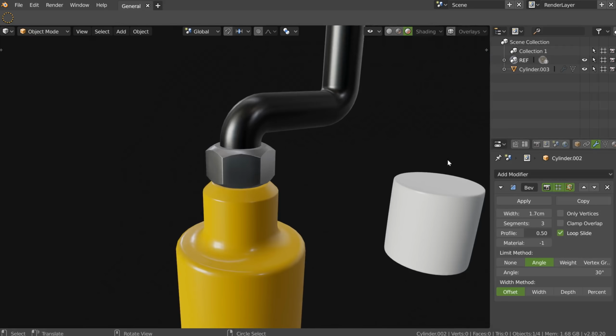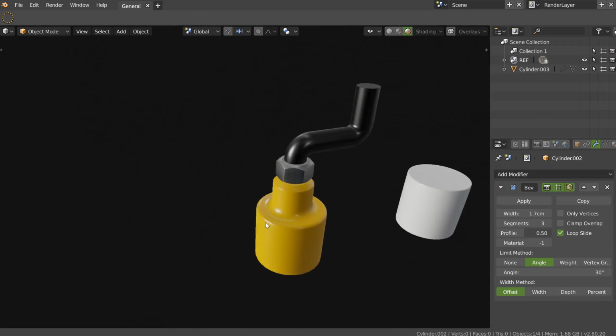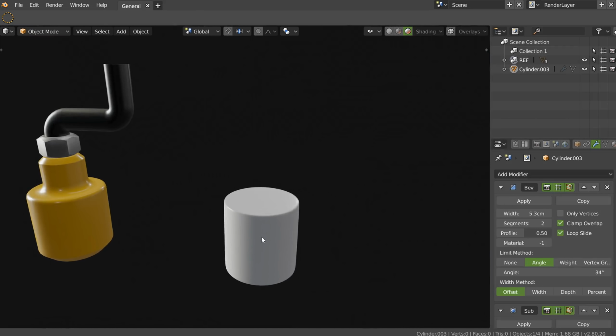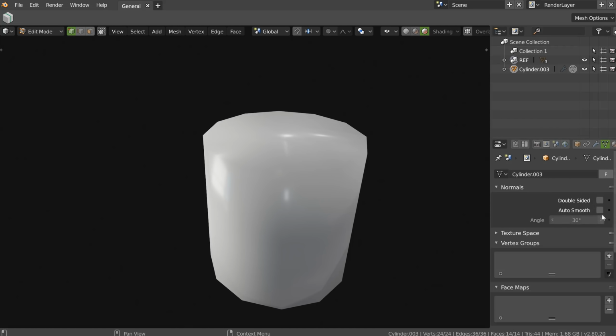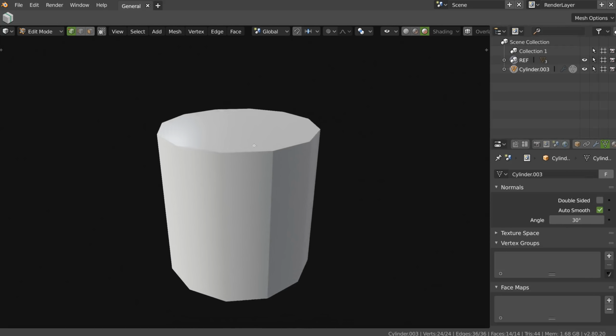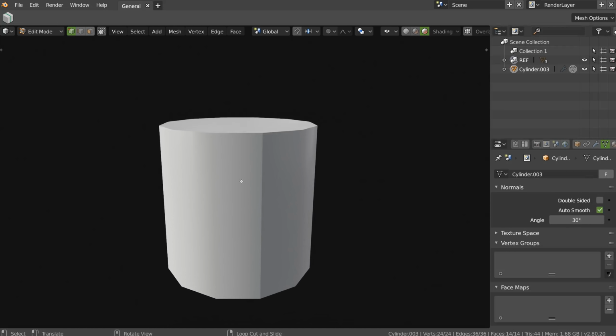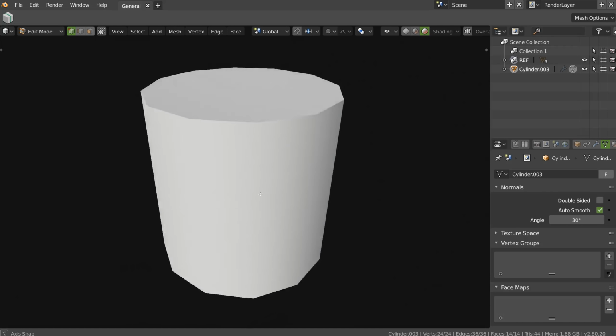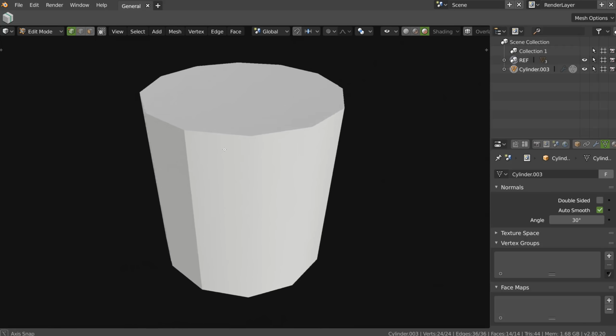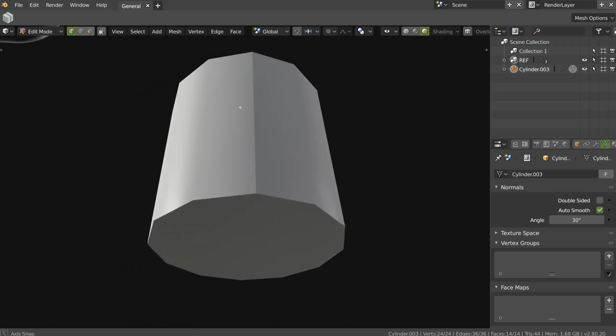Yep. So let's continue. I have this. I will just select. I will activate the auto smooth. As you can see, I have to go here to activate something. I would prefer to make it directly in my view, but we cannot do everything. Okay, so let's continue. Sorry, I was on the phone.